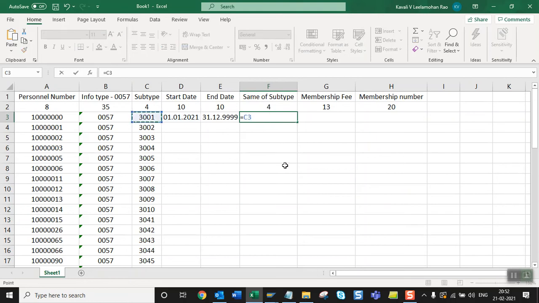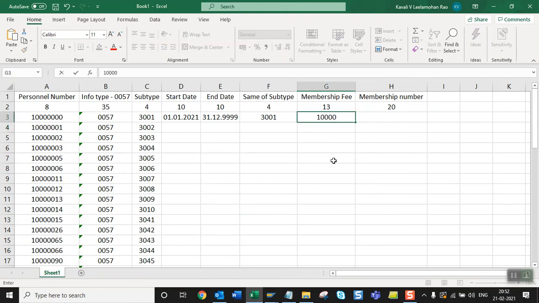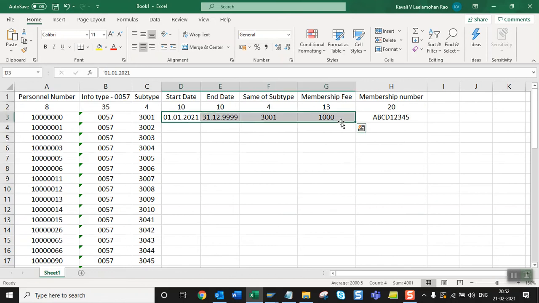Then this one is the same as subtype, right? Amount, 1000 rupees I am going to maintain. And the number, I will maintain LIC or some number, ABCD12345. This is the one.